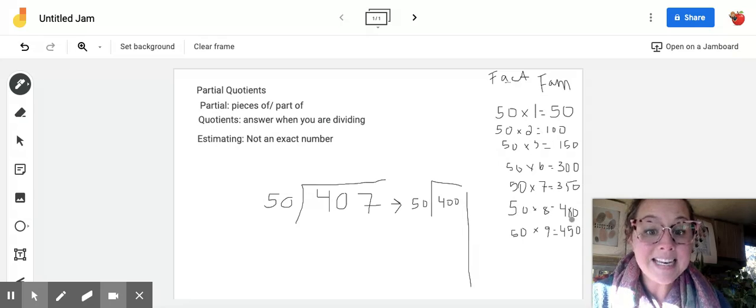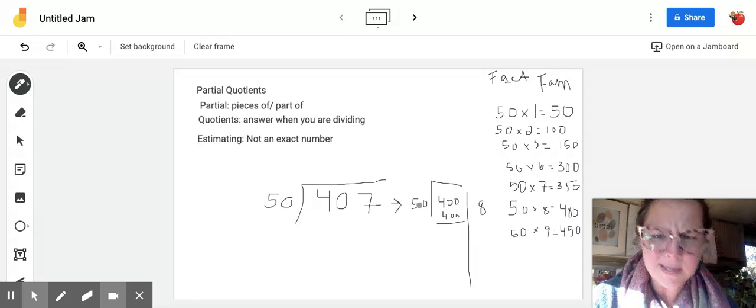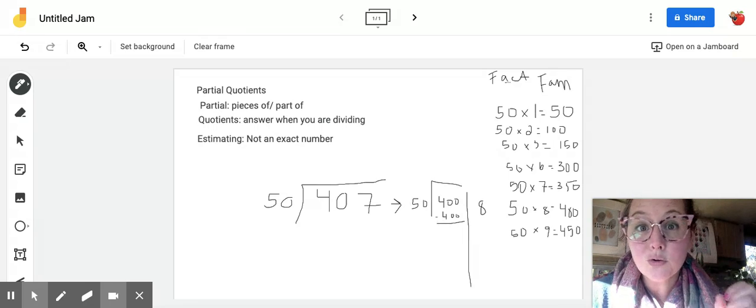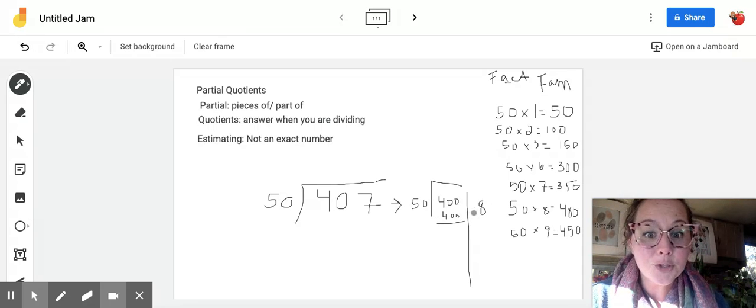50 times 8 is 400. So if I want an exact, I'm going to go with that, because watch this. I put the 8 there because I know that 8 times 50 is 400. And since we're doing partial quotient, excuse me, I've been doing that all day, partial quotient. Since we're doing that, we know that we're going to have to add stuff up because we're just getting pieces